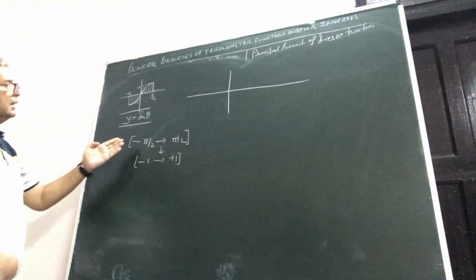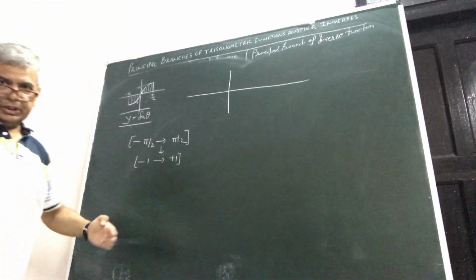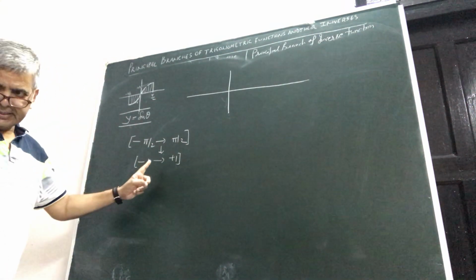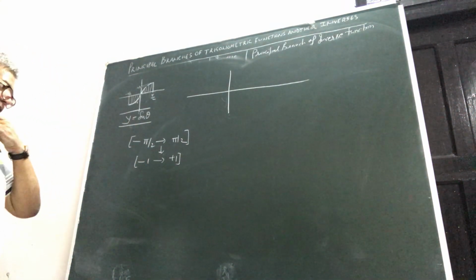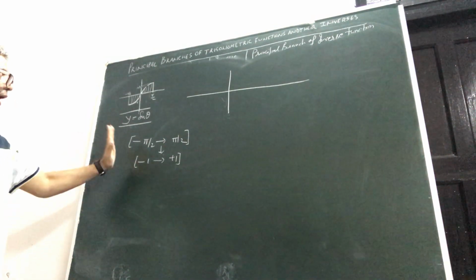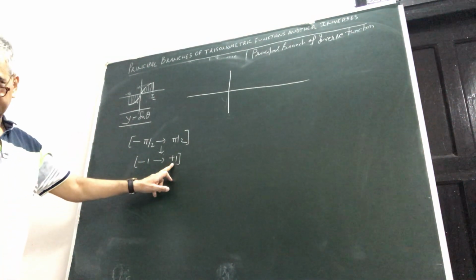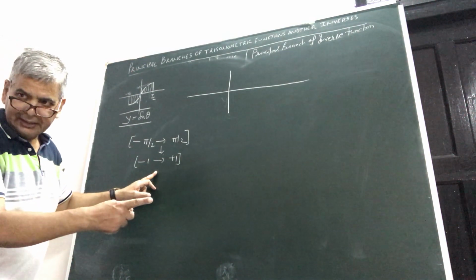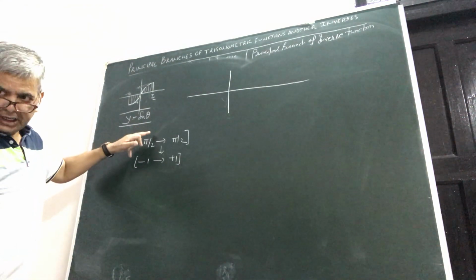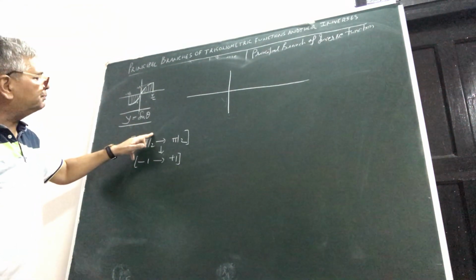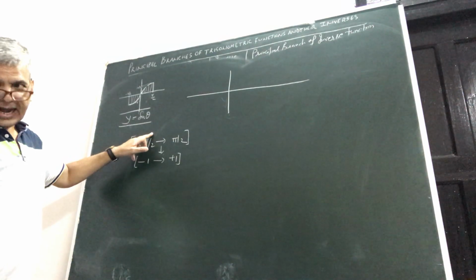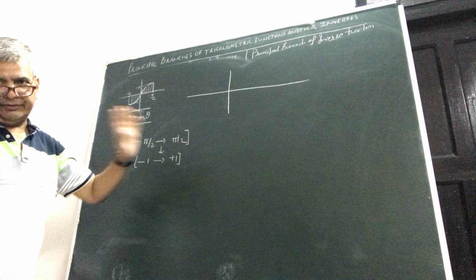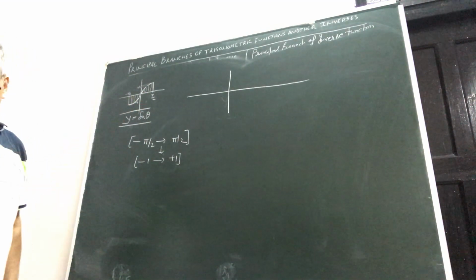So in the principal branch you are justified in saying that yes, sine inverse theta will exist. And now regarding the graph, what you need to do is, from minus 1 to plus 1, the codomain of sine theta will become the domain of sine inverse theta. And the domain of sine theta will become the codomain of sine inverse theta, because a one-one onto function is defining.